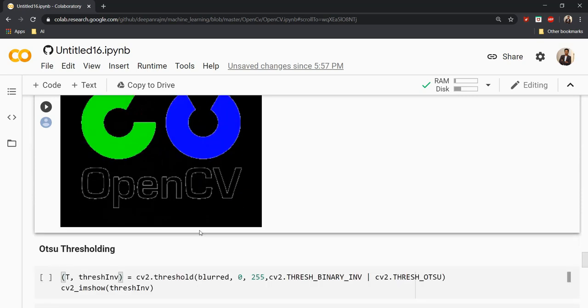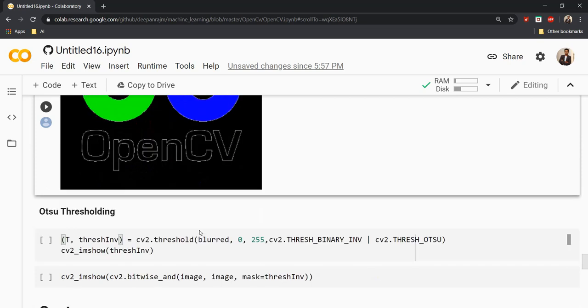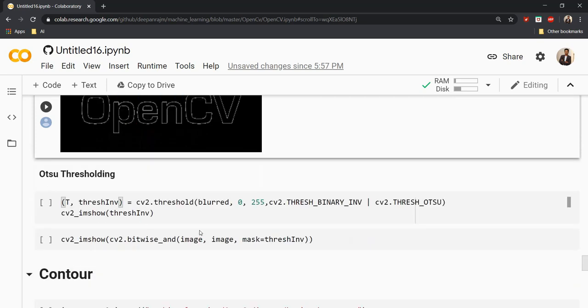This is one way of doing it, but the problem at this point is that when the intensity or the level of the image varies, the threshold value has to be altered again and again. That will make it a very big challenge when it comes to a lot of big data sets, and at that time Otsu thresholding can be used. You can Google about Otsu thresholding. It's an adaptive concept where we can find the actual threshold value which has a very big difference across the entire distribution of the pixels in the image.